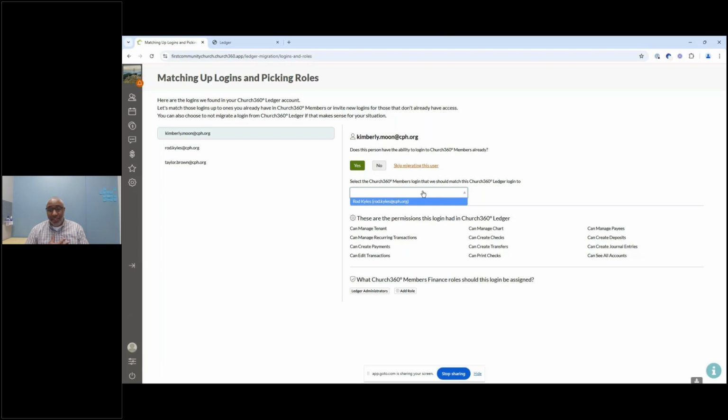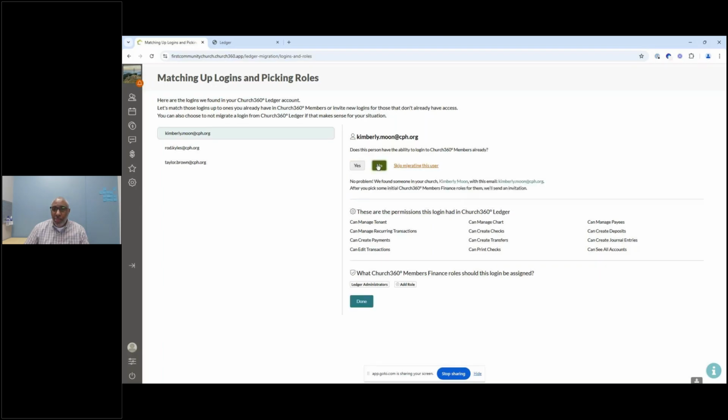Now I'm the only one who has a login in this test site. So instead of saying yes, I'm going to say no. And then it says, no problem, we found someone in your church, Kimberly Moon, with this email address. So then I'll go back, and these are the permissions this login had in old Ledger. Basically she had everything. She was an administrator. So then I can either say, make her a Ledger administrator in the new software if that's my desire,